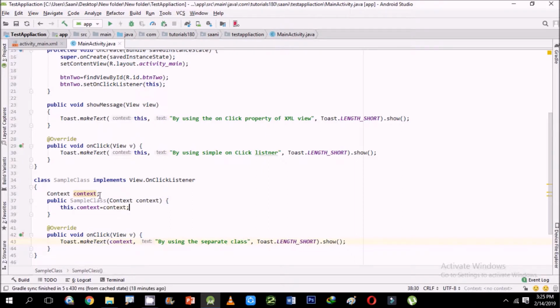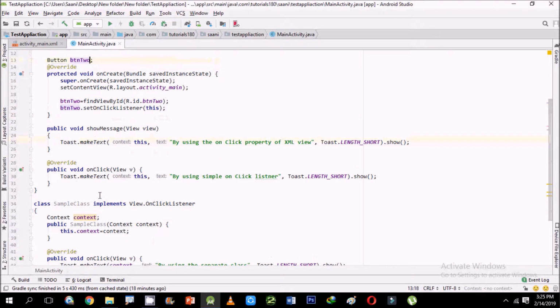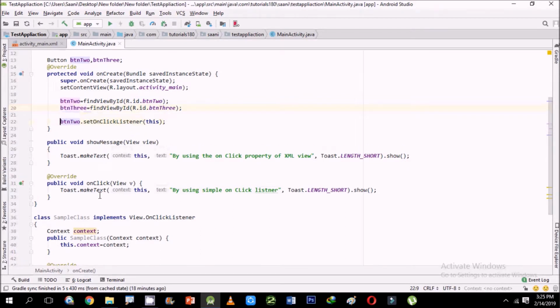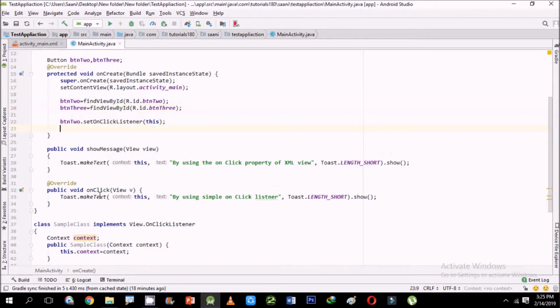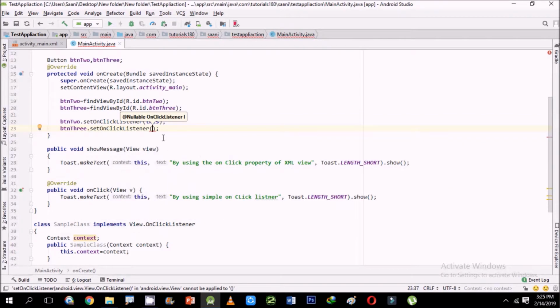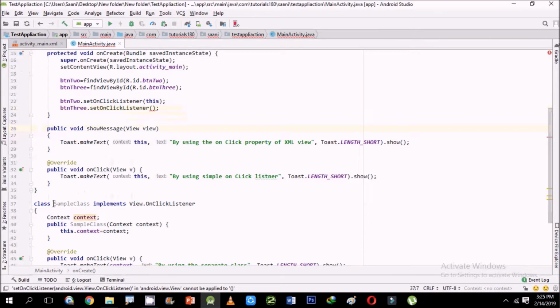Okay, so now I'm going to get that second button, sorry, third button in the main activity, and let me connect it with the XML button as well, and it would be like button 3. And now I would set the OnClickListener on button 3 as well. Set OnClickListener, but this time I would not pass the this keyword but a reference to an object of